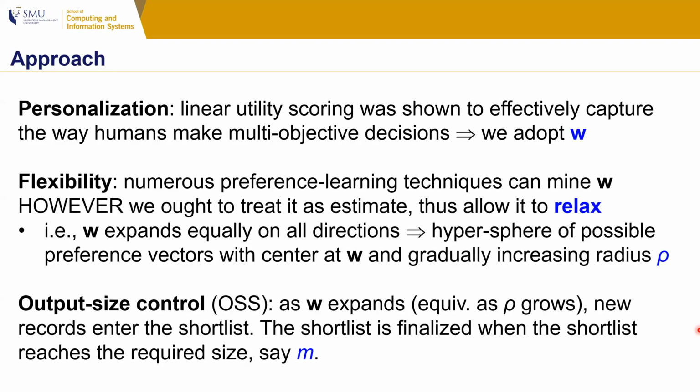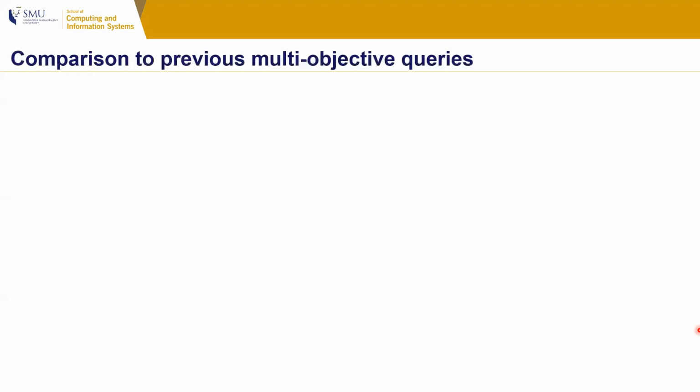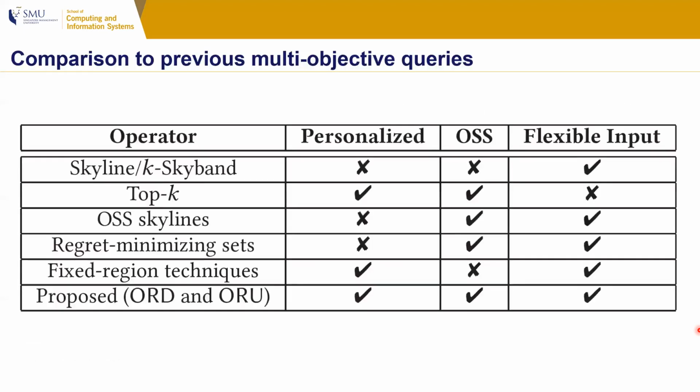Now, to achieve output size control, what we're doing is expanding this hypersphere incrementally, and we stop when the number of results we have collected is the desired number, say M. This M is specified by the user or application. Now, to compare with the previous multi-objective queries, of course, I'll have to refer you to the paper, but I'll